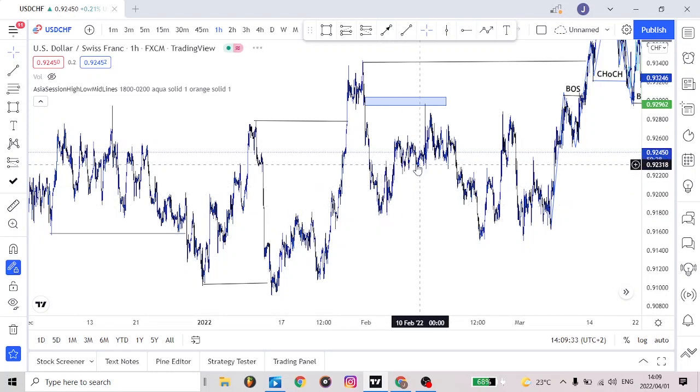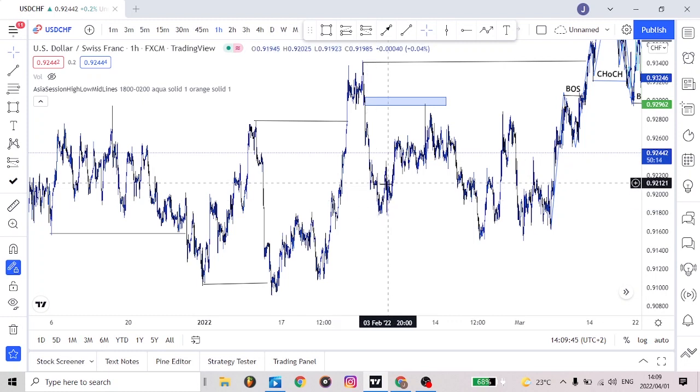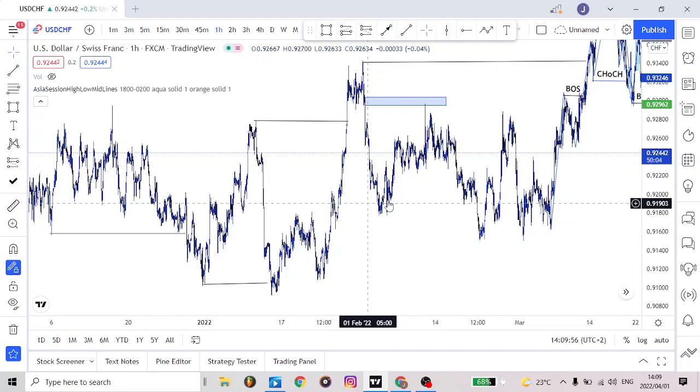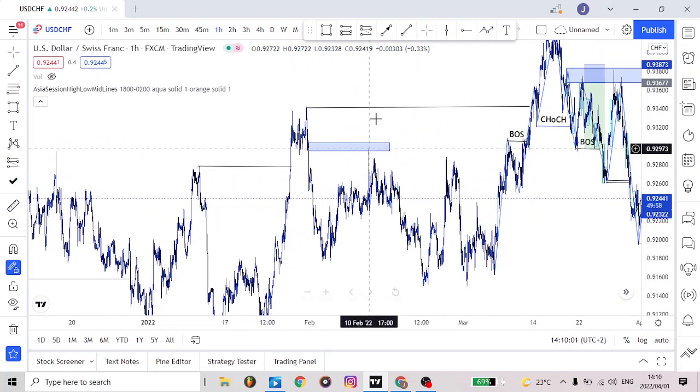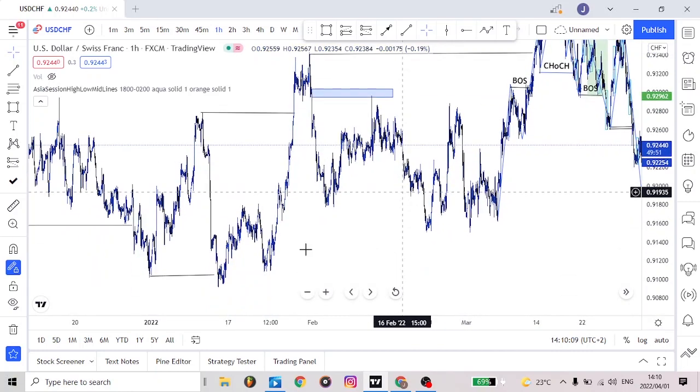But now remember, I said sometimes the market will create something that looks like a flip. Okay, what's going on? The market will create something that looks like a flip, and then after creating the flip, the flip will be okay. For this part here pushing to the upside, we can't consider it as a flip because it didn't break structure. It must break structure first, and then the market must come back to the flip zone, or it must go to the point of interest.